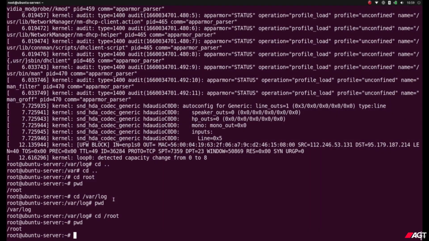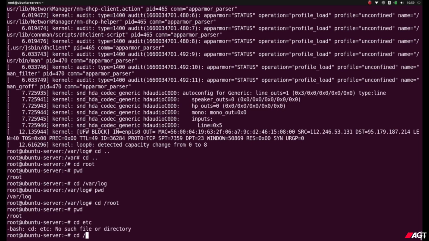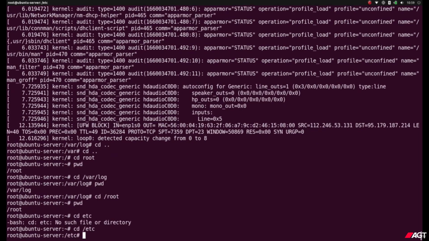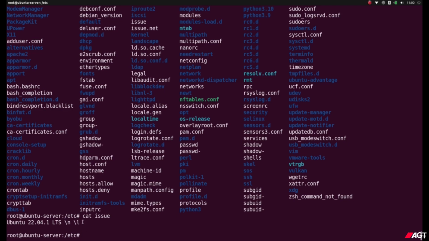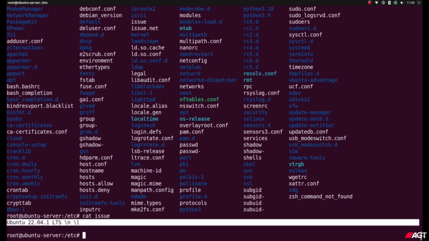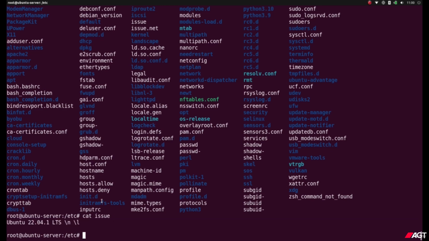Configuration files are stored in the etc directory. So if we enter the etc directory with cd /etc, we can list all the files, and you'll see all kinds of configuration files here. For example, there is the file /etc/issue. That is the version of the server you're running. If we output it with cat issue, you'll see we are running Ubuntu 22, or depending on what you're running,